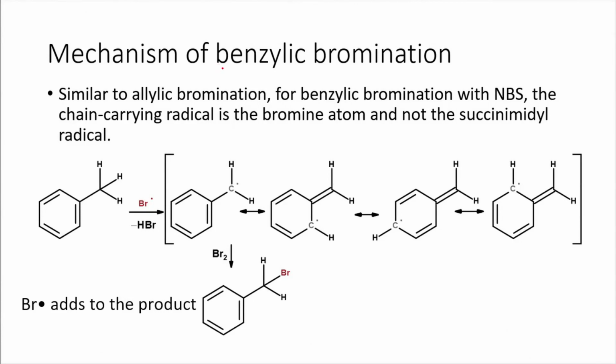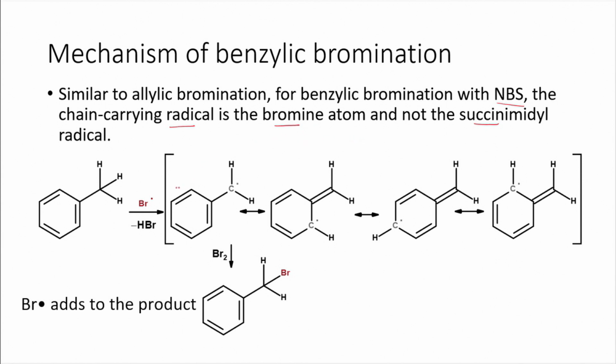Let us look at the benzylic bromination. Similar to the allylic bromination, in the case of benzylic bromination with NBS, here also the chain carrying radical is actually the bromine atom and not the succinimidyl radical. This is what we have seen whenever we are running an NBS bromination, the chain carrying radical is basically